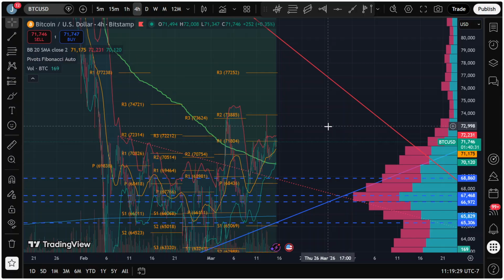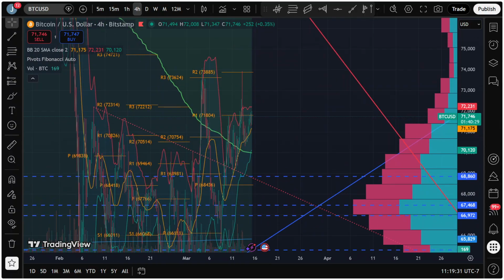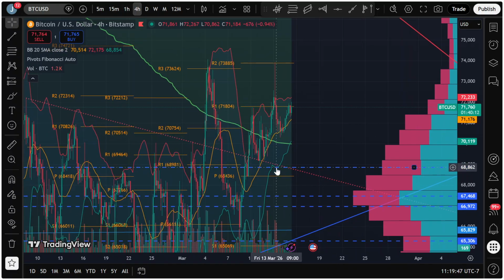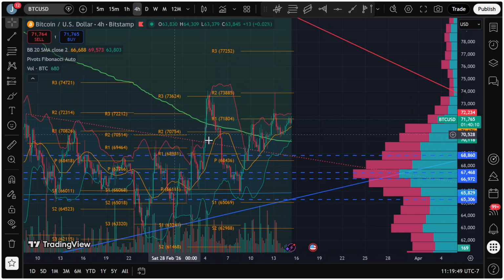So now that we've seen the short term, I'll give the other key levels to take a look at for the 4-hour, and then we'll dive into the long term. I know I keep talking about the long term thing. So 71.8K is important in the short term. We're currently kind of struggling with it, but we've had strong interactions with the 4-hour SMA, at least since Wednesday the 11th. We've been pretty strong on it. We had broken to the upside and the downside quite a bit before that, but we're showing some strength off it now. We're showing some strength off of that downtrend anchor VWAP as well.